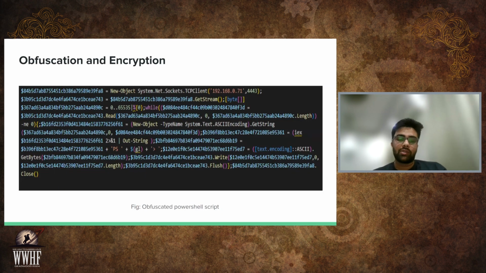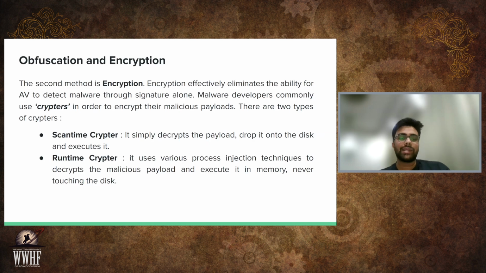So here's the obfuscated version of that same script. Here the variable names have been changed to really long numbers. Renaming the variables like this will ensure that no signature-based detection occurs for this particular script. Although it's a very rudimentary example, obfuscation can be done using LLVM, and it is widely used. So the second